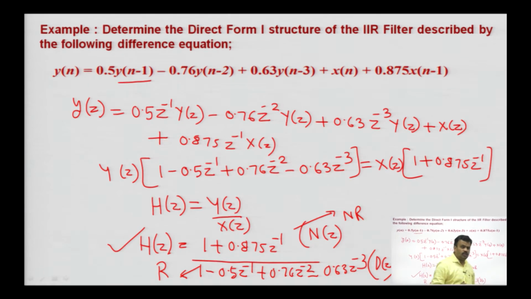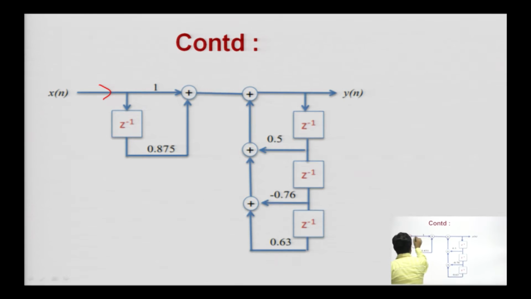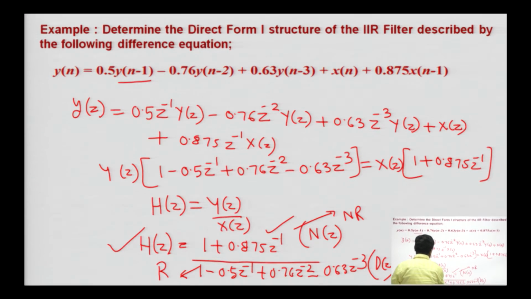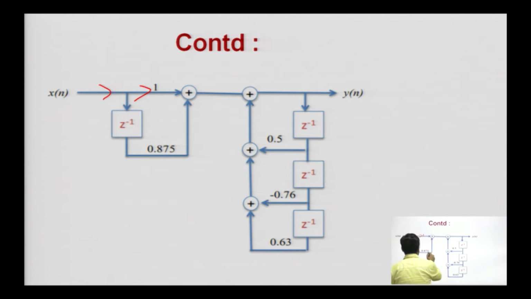So, if you want to realize direct form 1 here, what will happen in direct form 1? First non-recursive and then recursive. If you want to make the structure, first we take the non-recursive, meaning this part, what will come? Present value of input signal and past value of input signal. So you can see here present value of input signal with the coefficient of 1. Is it okay? Now, you will take past value and with the coefficient of 0.875, this one, x(n minus 1). So, this is your non-recursive part in direct form 1.